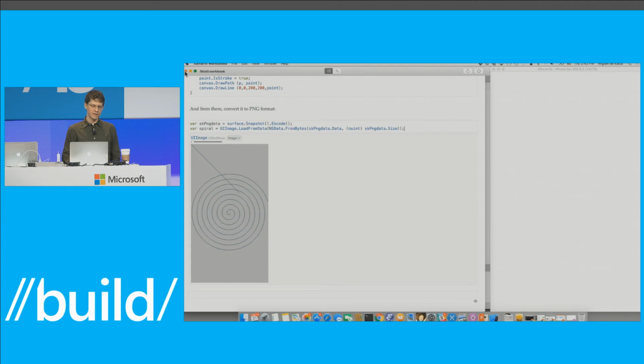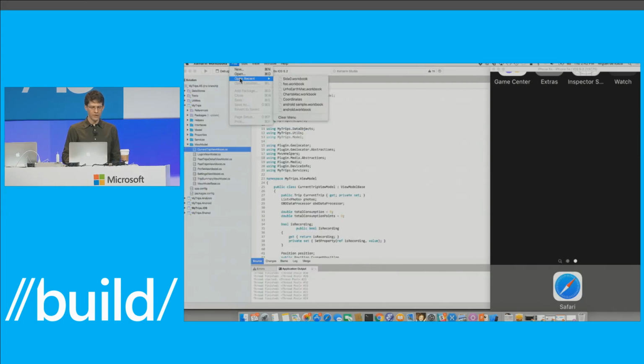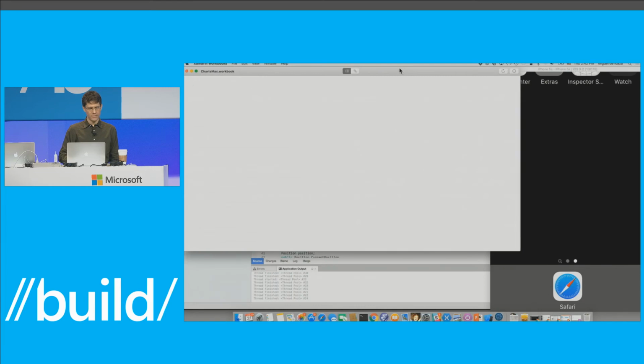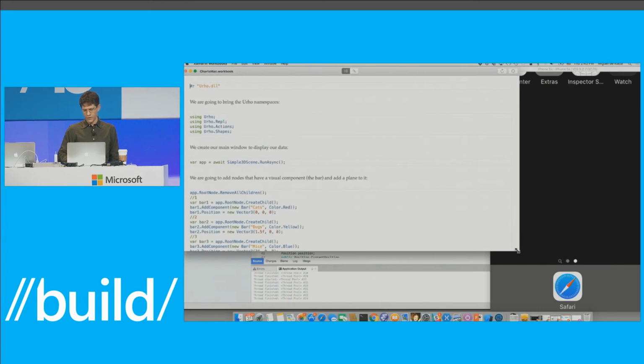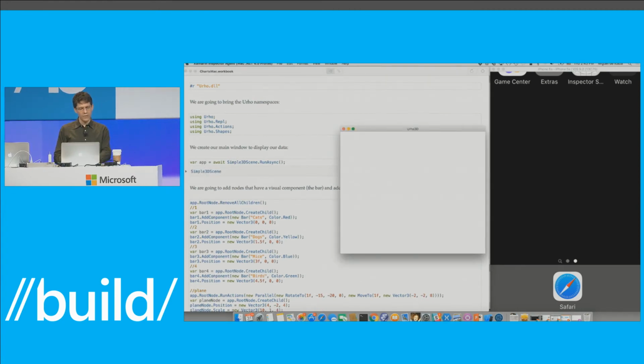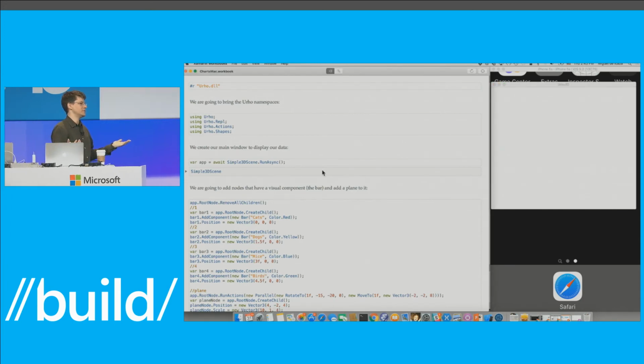Now, let me show you something a little bit more interesting. I know that you guys love your 3D charts because you're business people, you're Microsoft people. So we're going to use this 3D library that I just showed you, Urho, to do this. So it's a very simple app. I'm going to run up to here, right? And notice one thing that I'm doing here. I am not evaluating the whole workbook at once. I could, but I'm not going to, because then it's not as fun.